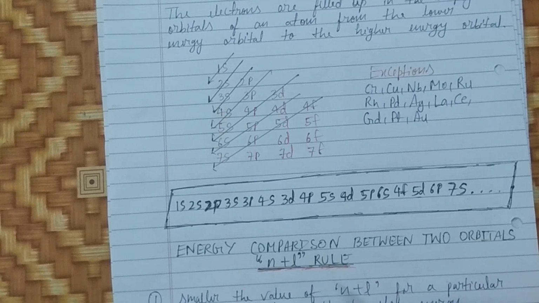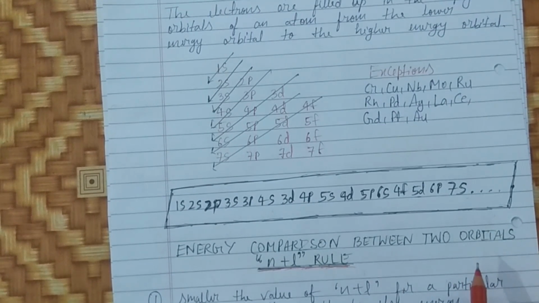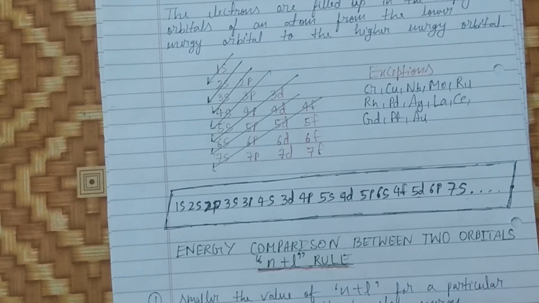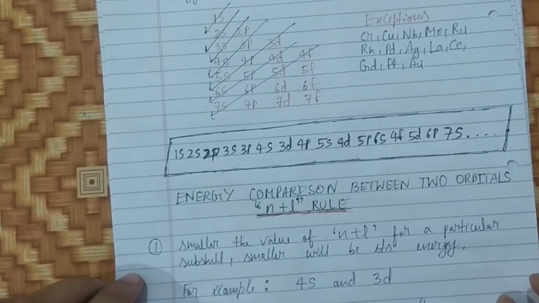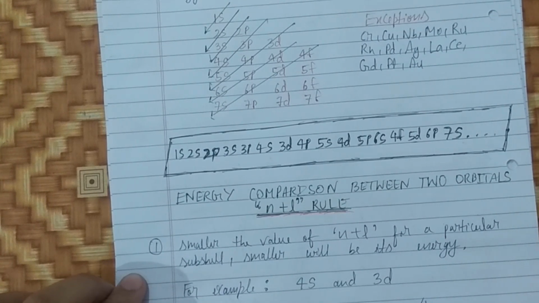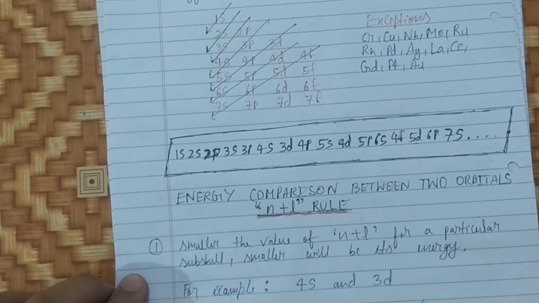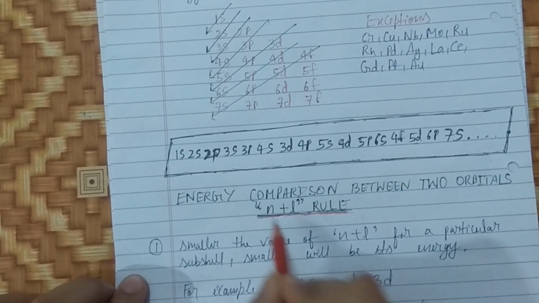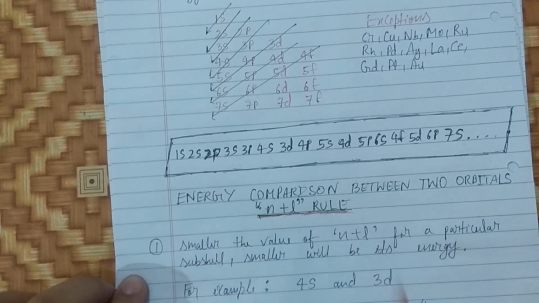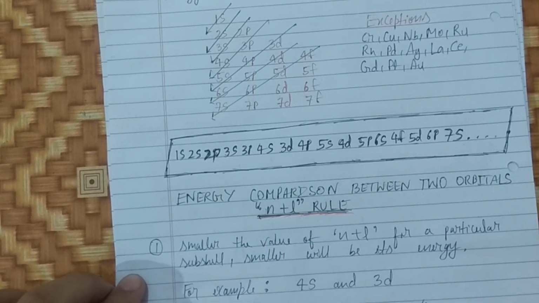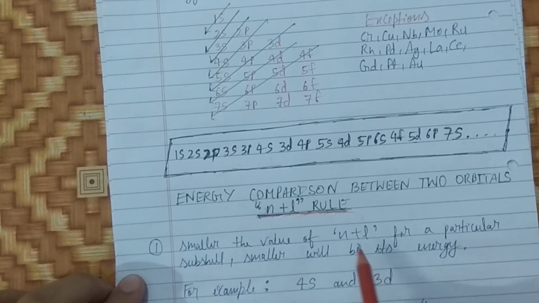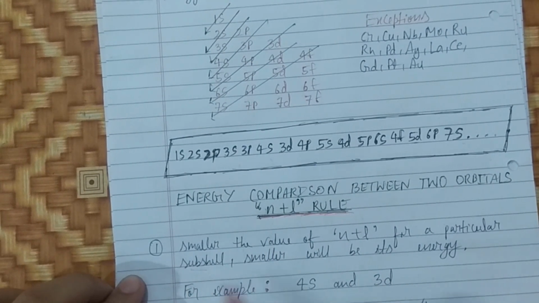It is energy comparison between two orbitals. This question is frequently asked in competitive examinations, a very common type of question. You will see this question many times. So energy comparison between two orbitals is done with the help of the n plus l rule. As you can see, n plus l rule. It states that first of all, smaller the value of n plus l for a particular subshell, smaller will be